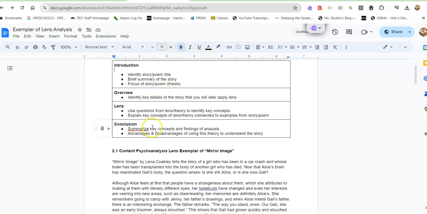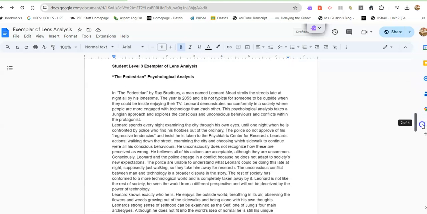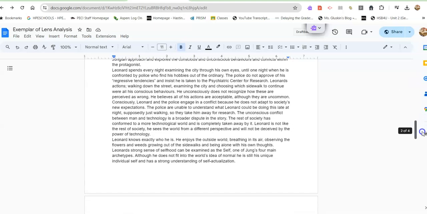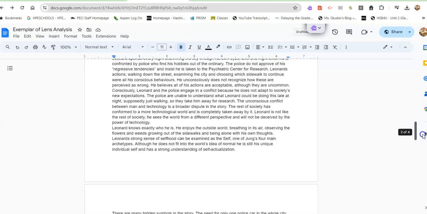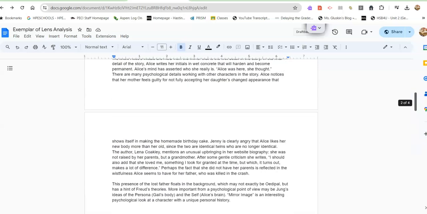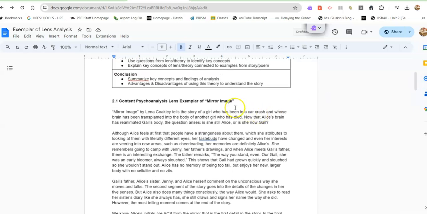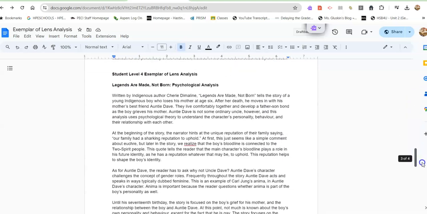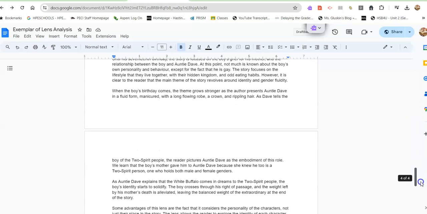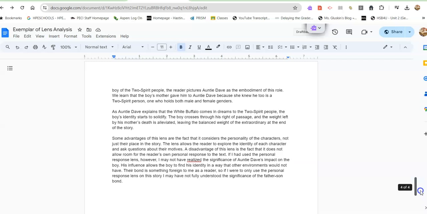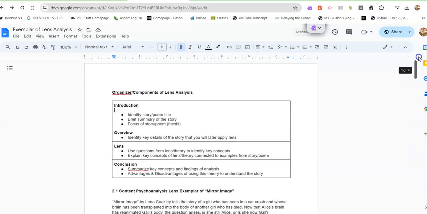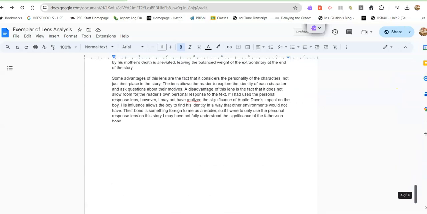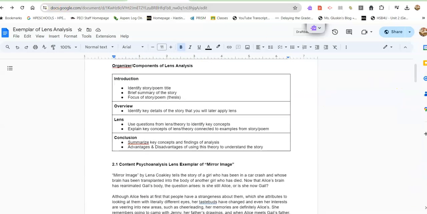So these are the 4 parts of your analysis, and down below you can actually go through and read how they contain most of those. The first one is from content. This is the content written right in the content. It's one of the drop-down boxes. And then these 2 are student examples. These are written by students, so that you can see how they took these key parts and wrote them into their analysis. So this is essentially what you're going to complete